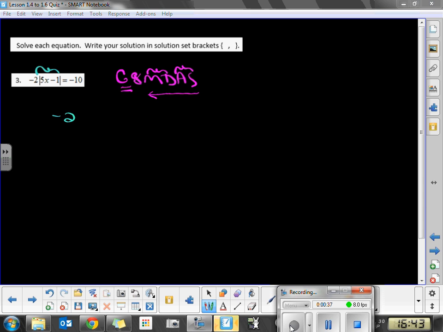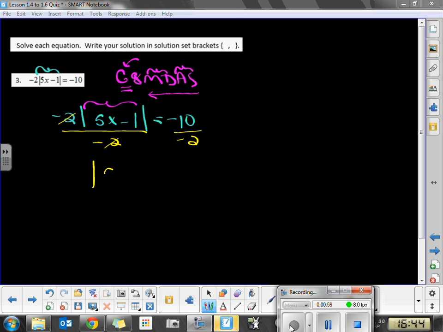So I'm going to rewrite the problem. -2 times the absolute value of 5x minus 1 equals -10. Our primary goal is to make sure that we isolate this absolute value first, because we've got to get to that grouping symbol. And that means we want to undo multiplying by -2, which means divide both sides by -2. That will undo our multiplication of a -2, so now we have the absolute value of 5x minus 1 equals